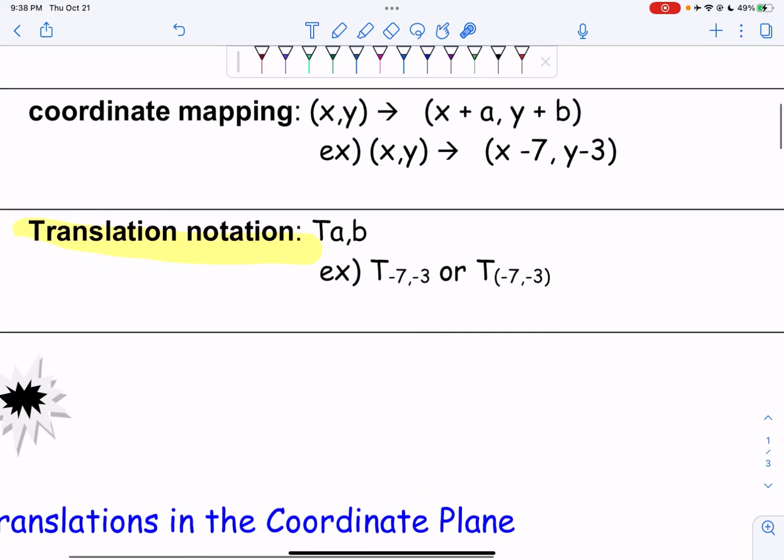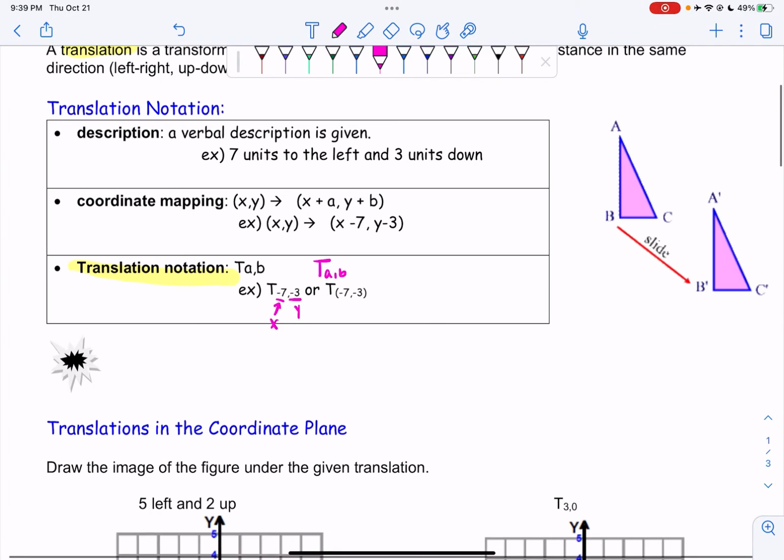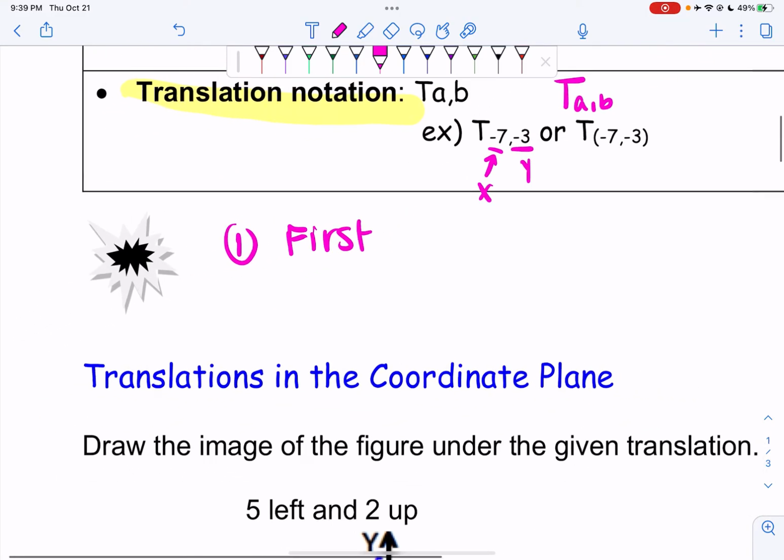Or we do translation notation where we do a big letter T, and then we write the numbers next to it. Very tiny. Sort of like exponents, but downstairs. So we have our -7 first, and then our -3. And remember, your x value comes first, your y value comes second. However, the one thing that we need you to know is two things actually. Your first number represents your horizontal slide,